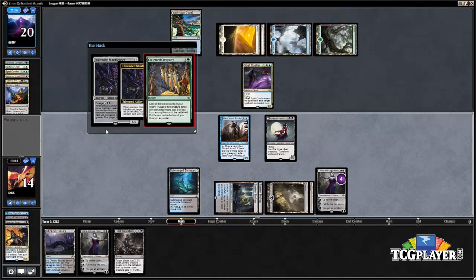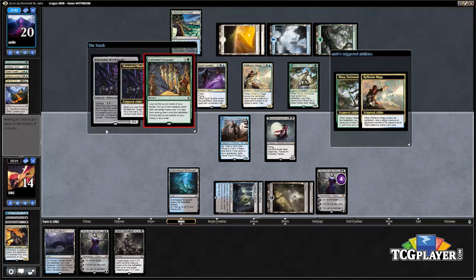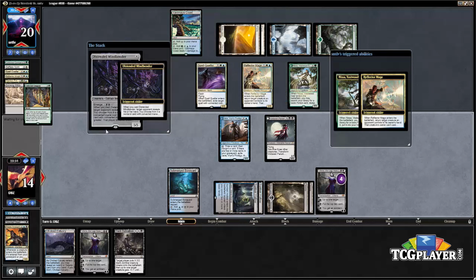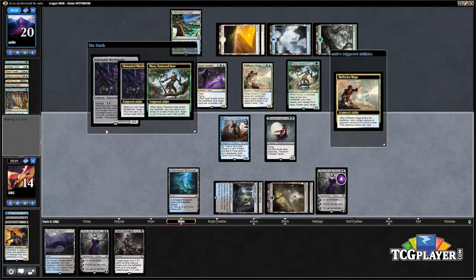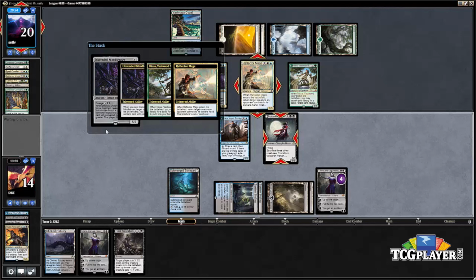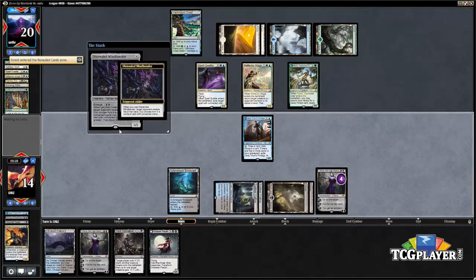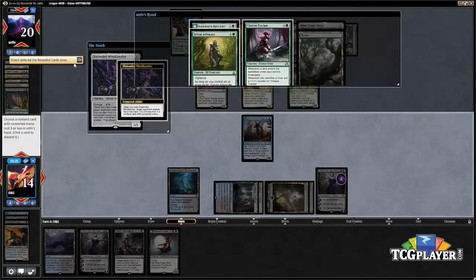Okay, so here is the Company. Alright, it's going to be Reflector Mage and Nissa, so not actually a bad hit from our opponent. I'm expecting the Reflector Mage to bounce the Pariah. So that is going to happen. But we're going to get to see our opponent's hand right now. And it looks like...